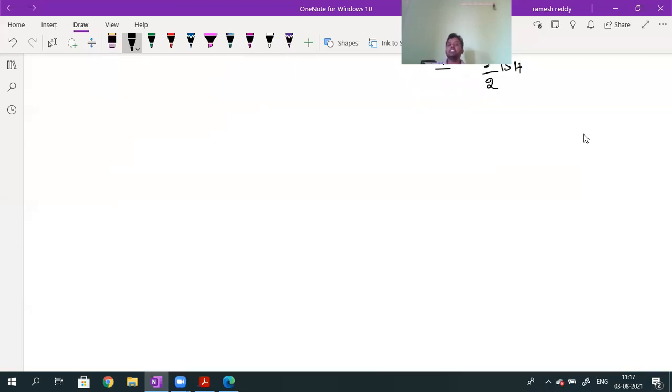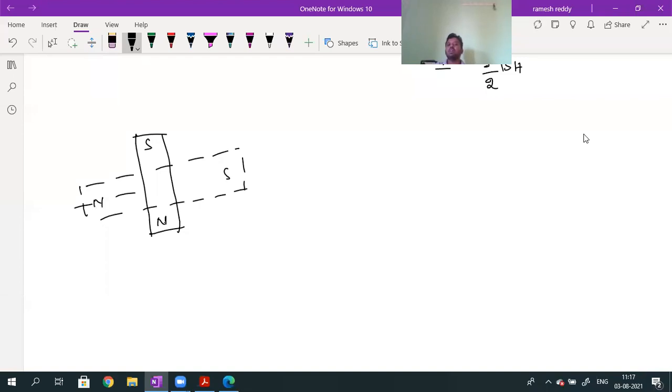Now, for example, initially the bar magnet was there like this, with the south pole here and the north pole here. Now the bar magnet is rotated through an angle of 90 degrees clockwise. Clockwise means the south pole will come here and the north pole here. Now I want to calculate the resultant magnetic field induction at a point P dash. The distance of point P dash from the center, I will call D.